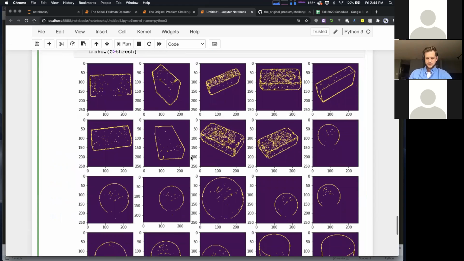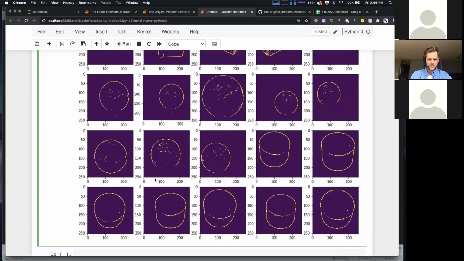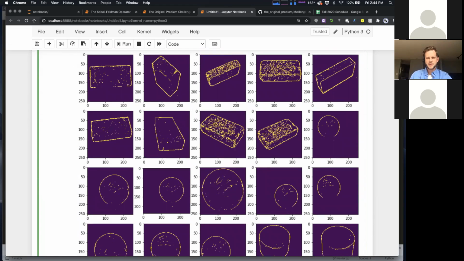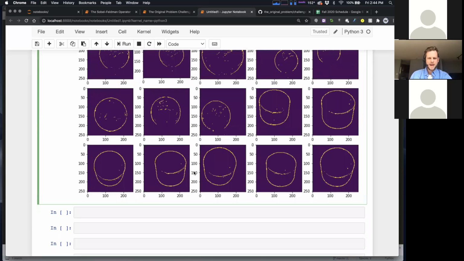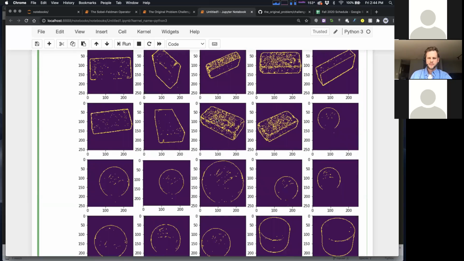Oh, that's kind of fun. Okay, cool. So I don't know, I don't think this is terrible. I think we're doing reasonably well. You got some noise, right? And I guess some of those bricks are pretty noisy, right? Like that might throw off your algorithm depending on how it works. Those are probably the worst, these bricks here, right? But for these other ones, that's not bad, right? And it's just one threshold. Maybe we try to raise it a little bit and see if we can get rid of some of this noise. You may also be able to get rid of this noise by smoothing though, right? I'm not doing any smoothing, right?